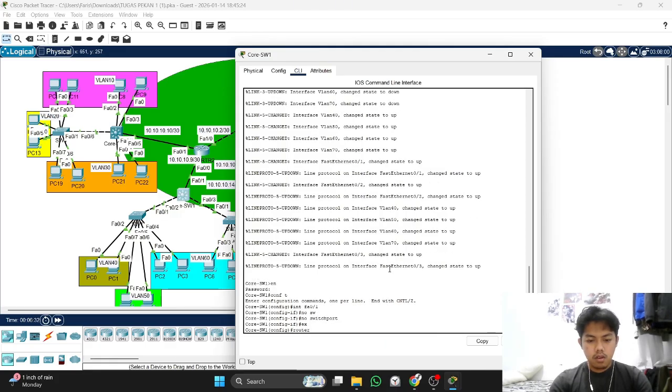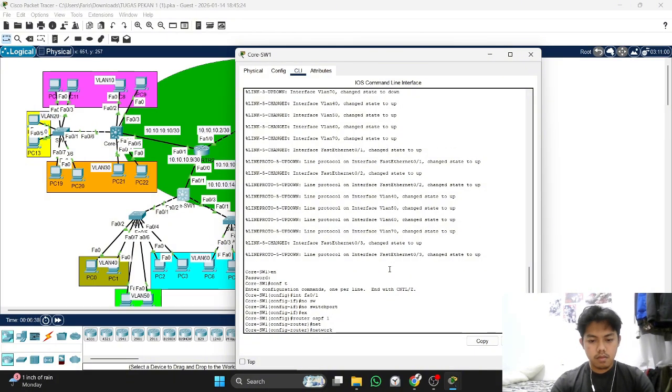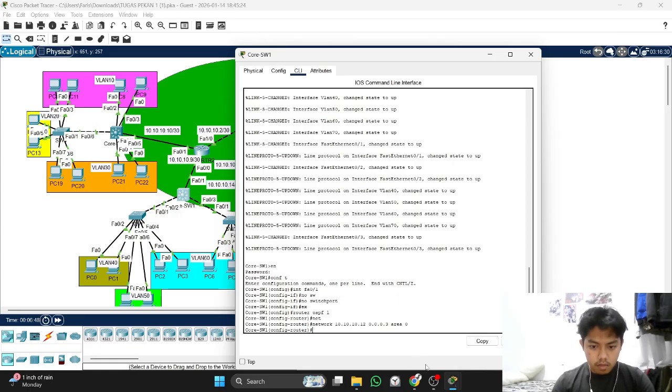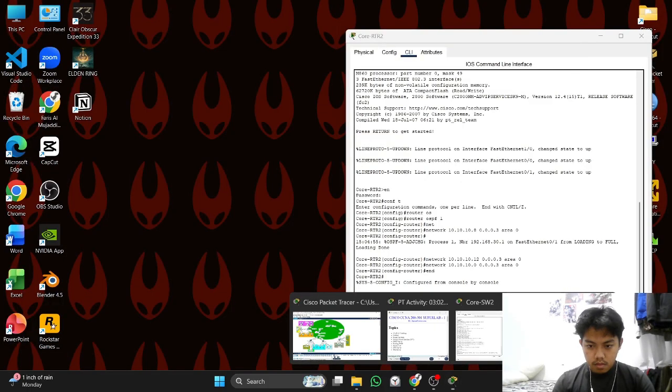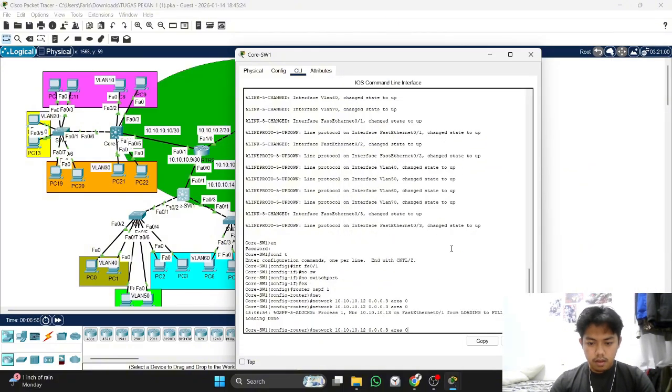Okay, and then we go configure the OSPF. Okay, and now configure the VLANs.